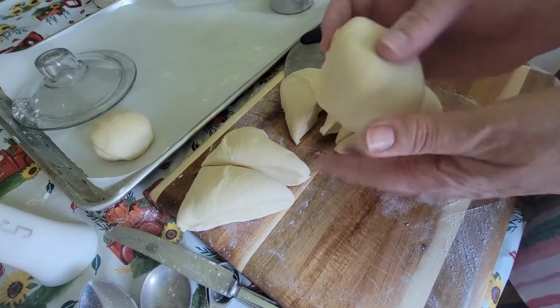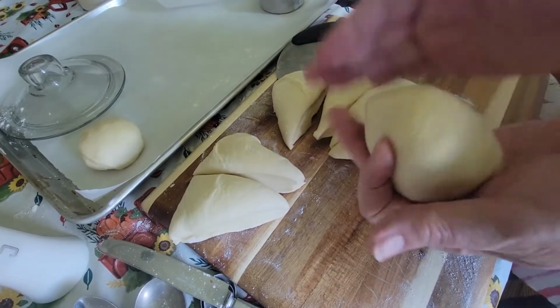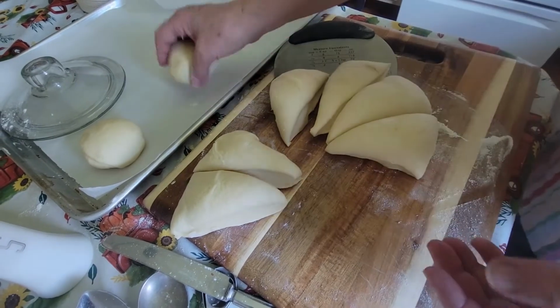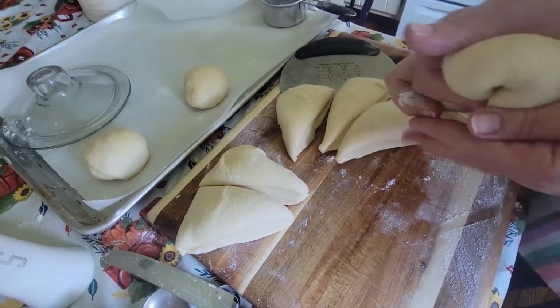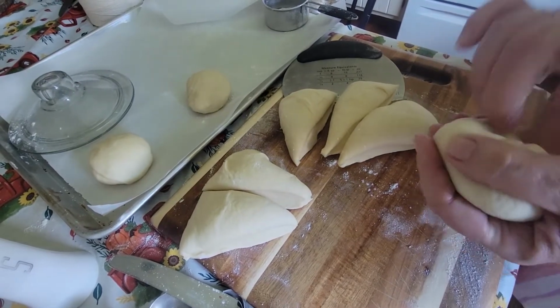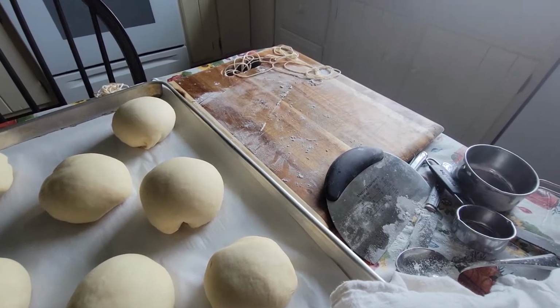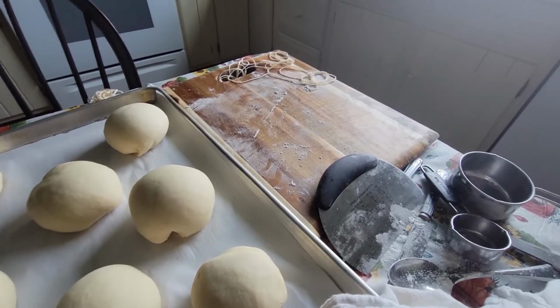Here we go. We're going to make pumpkin-shaped rolls. I just start out with a basic dinner roll recipe. It makes 16, but I just cut mine into 8. I let it rise one time, and it's my aunt who taught me how to make rolls stretch and tuck under, and that's what they look like. And then you're going to let them rise again,